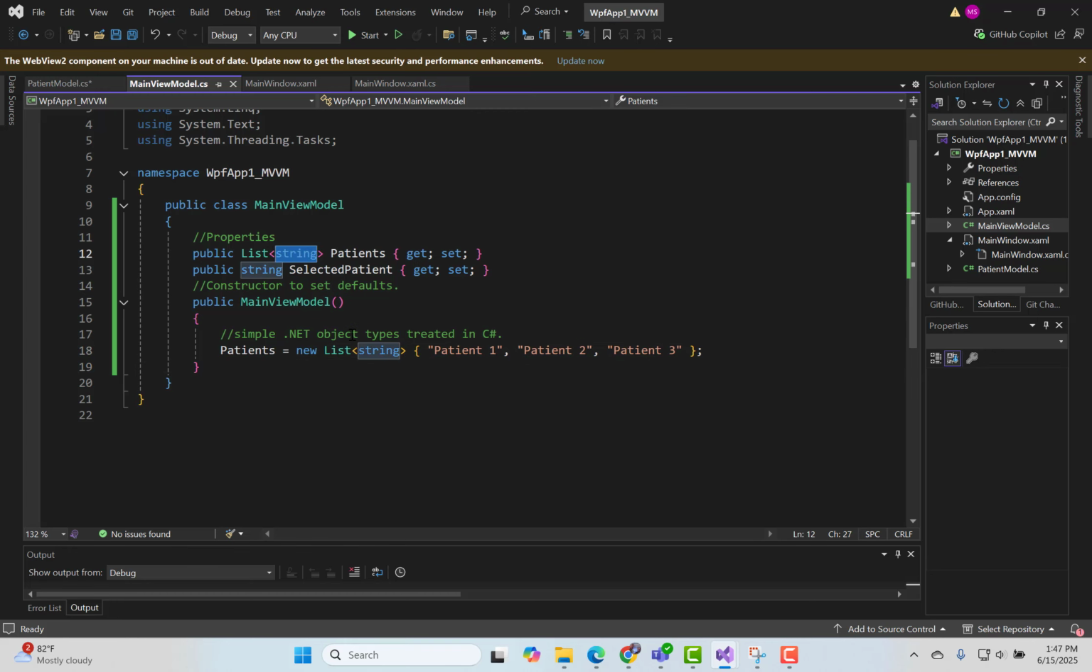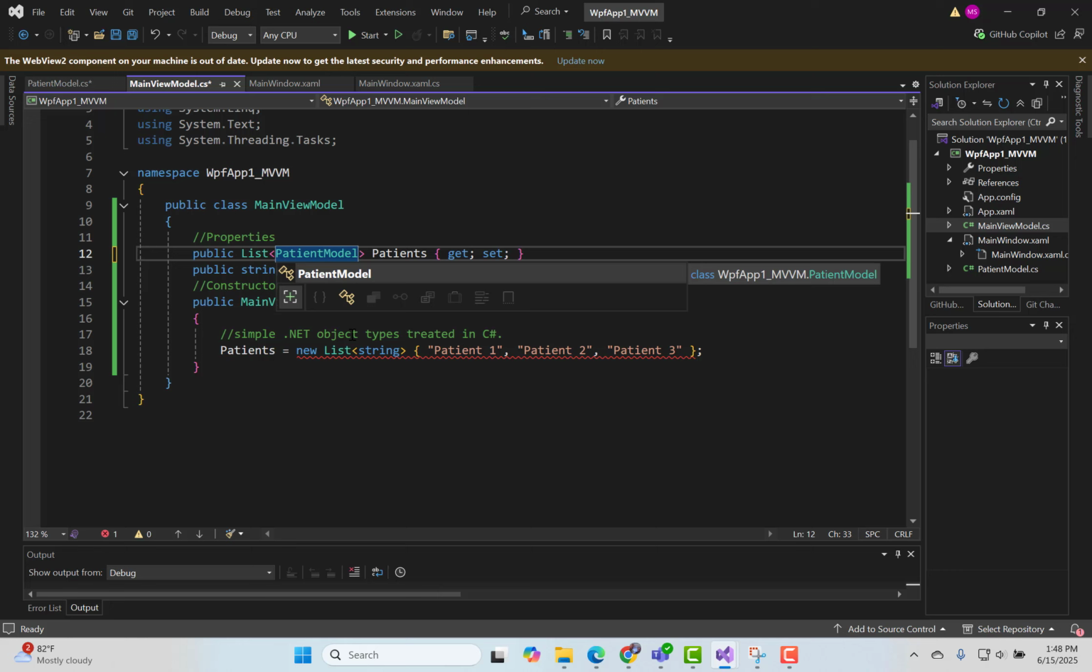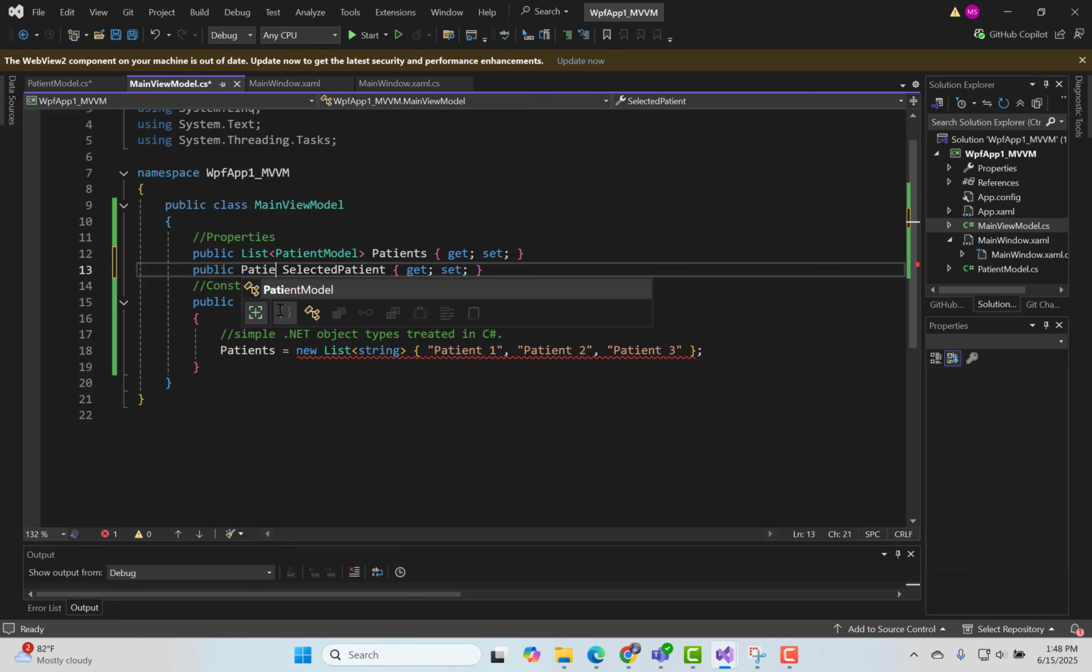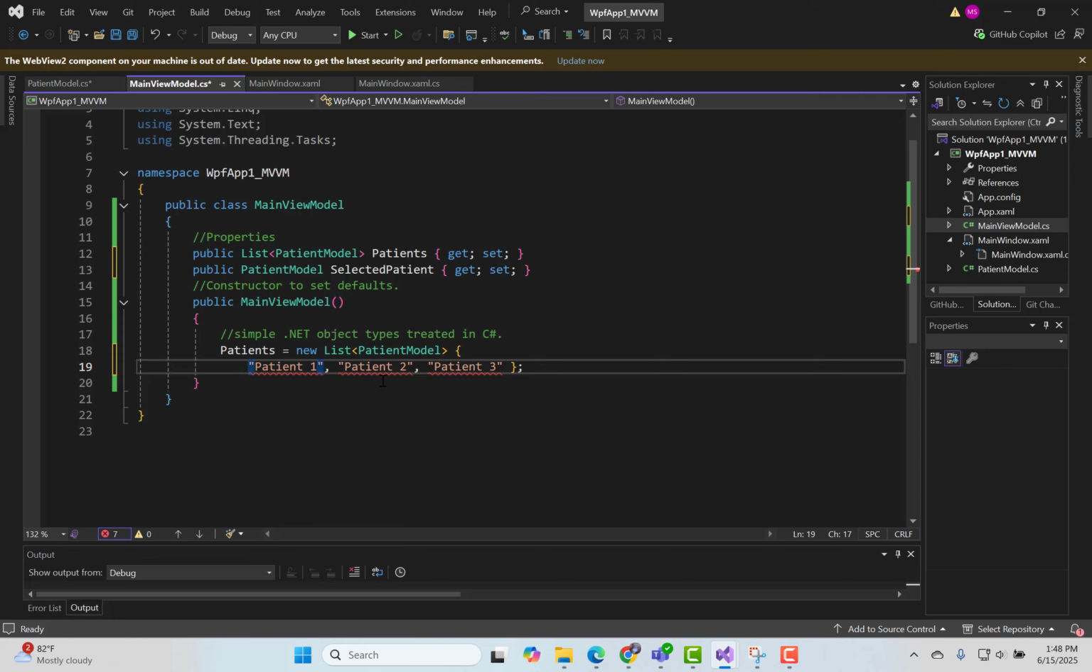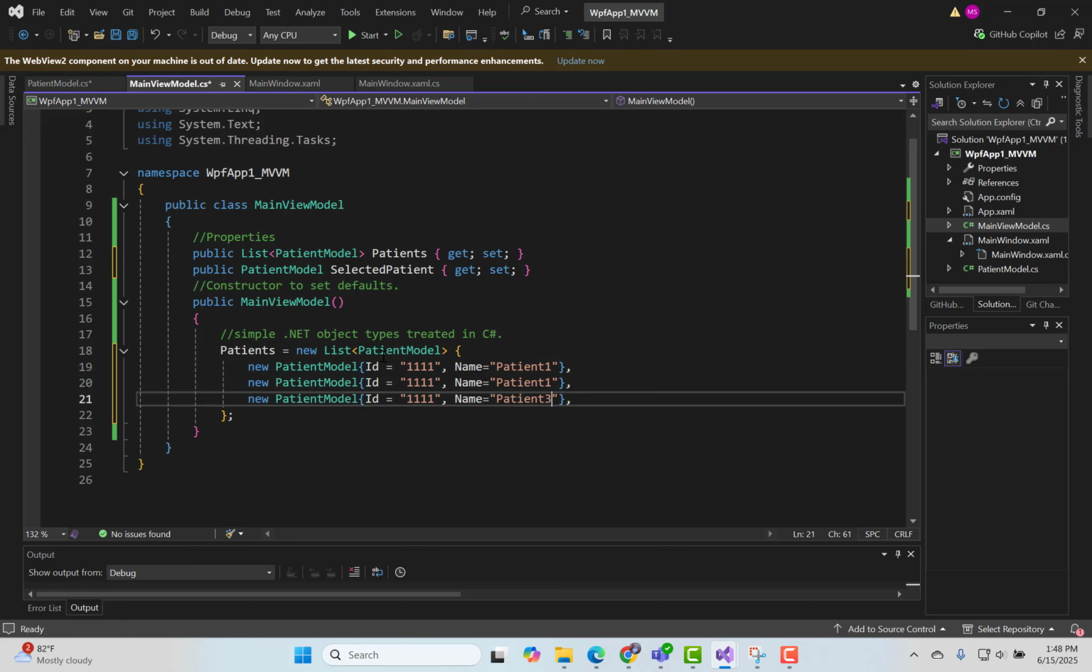Now this is going to change things a little bit when I put patient model into the list object as well as patient model into the selected patient, in that my instantiation here is no longer correct because they're no longer strings. So I'm just going to make a basic change here. I'm going to remove patient 1, patient 2, and patient 3, and instead I'm going to add 3 patient model class objects. So I'm going to add a new patient model with an ID 1111 and the name of patient 1. I will copy and paste that 2 more times to add a patient with ID 2222 and another patient